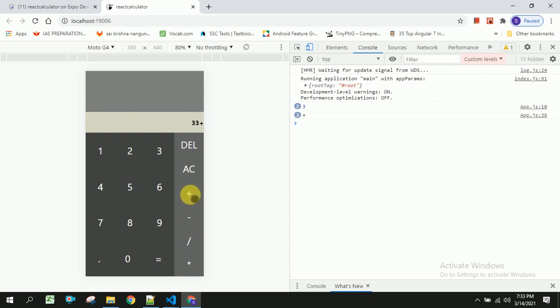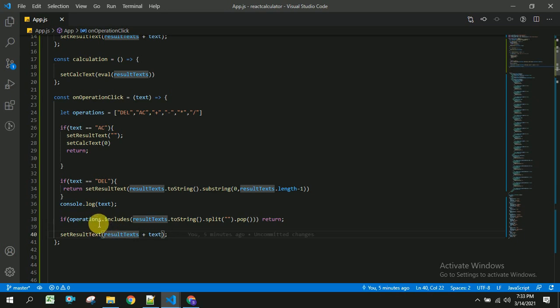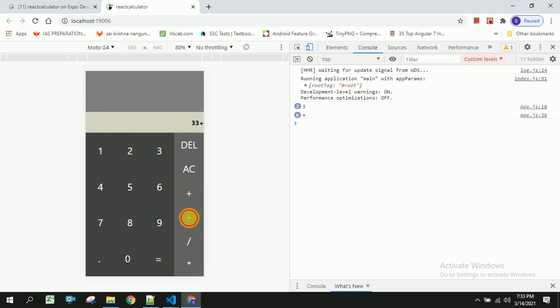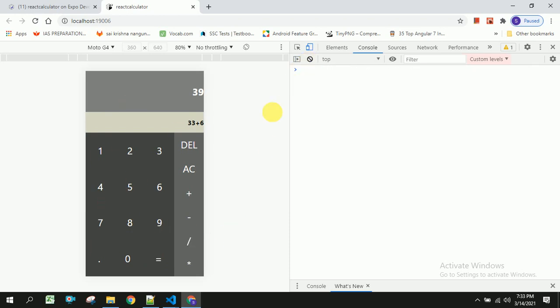If we try to click on this multiple times, based on this statement, we are going to exclude the operation again. So based on this, we will be getting it only once. In this way, we can calculate all the values.